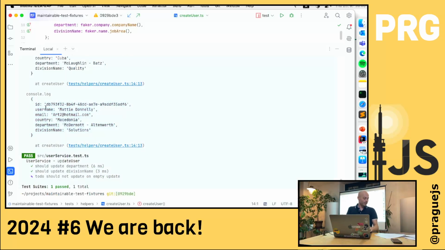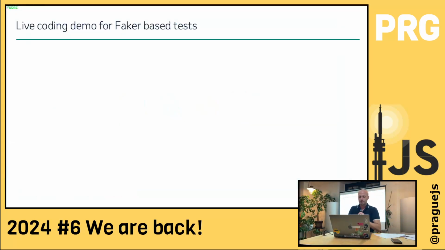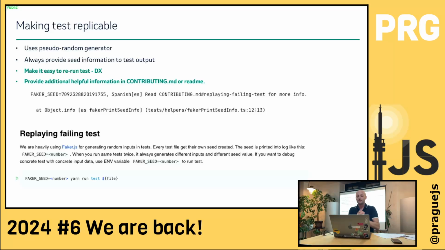And what can happen if you have such data in your continuous integration is that it will eventually find a bug with an empty string, for example, or true is not false anymore, or you have null instead of a string. And you want to replicate it on your machine, so you can actually fix it with your debugger and see what is going on. For that, I will switch to this presentation on how to make the test replicable.